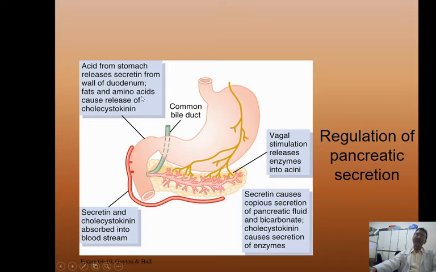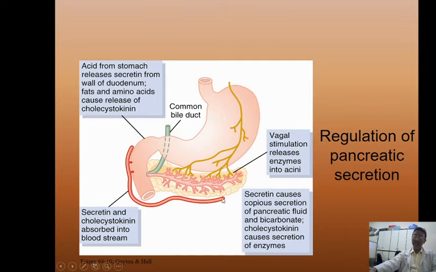Secondly, as this chyme is entering from the stomach into the duodenum, the partially digested proteins and fats, and a certain amount of hydrogen ions which are present here, will stimulate the cells lining the lumen here, and will cause the cells to secrete secretin and cholecystokinin. This secretin and cholecystokinin enter into the circulation, and from here they enter